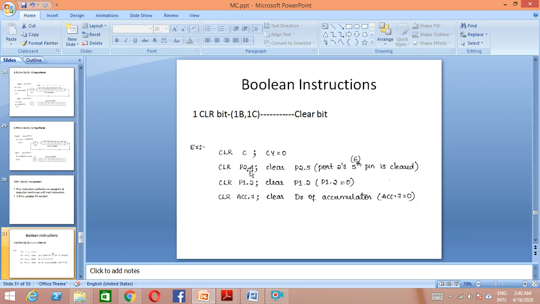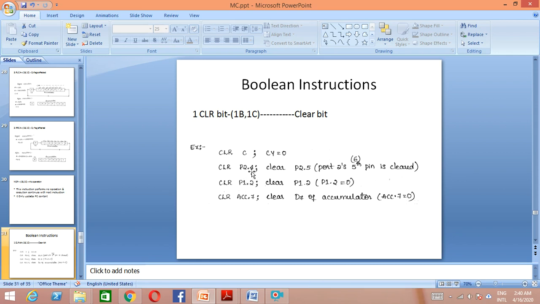CLR P2.4 means whatever port 2 we have, the fourth pin of the port will be cleared. Similarly CLR P1.2 means it is going to clear the second pin of port 1. Sorry, here it is the fifth pin of port 2 and here the third pin of port 1.